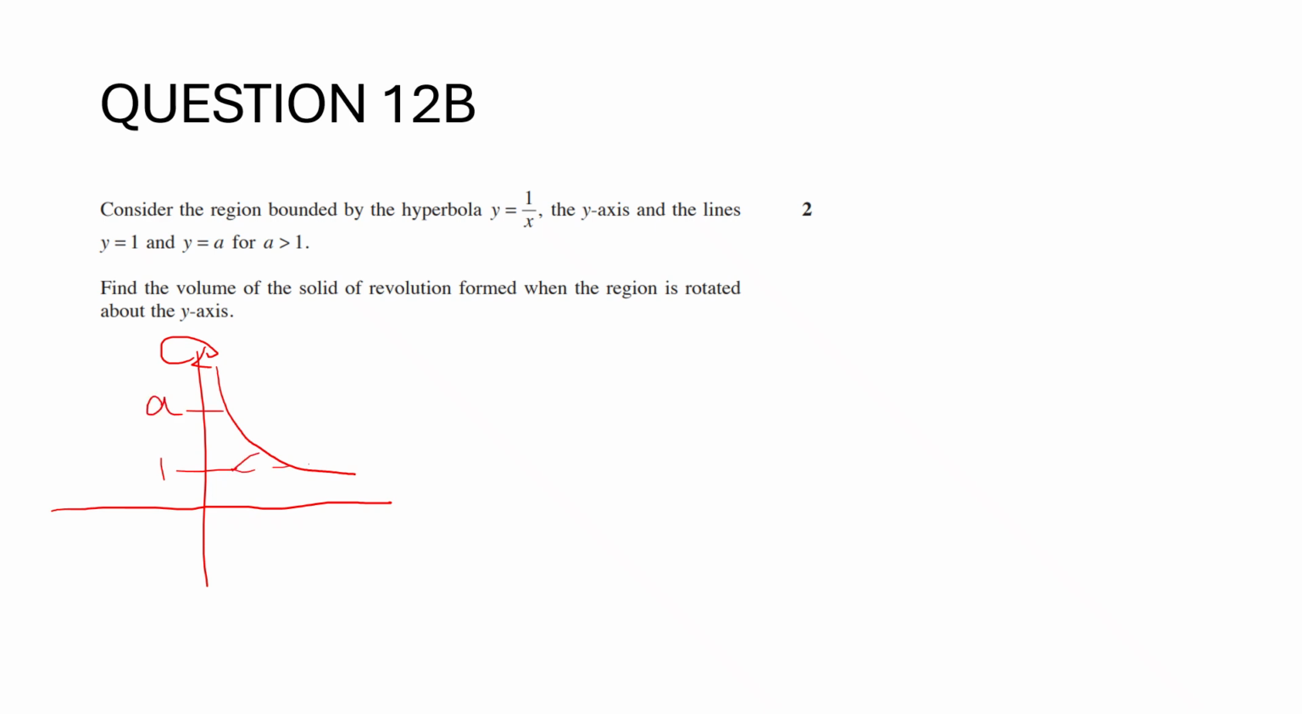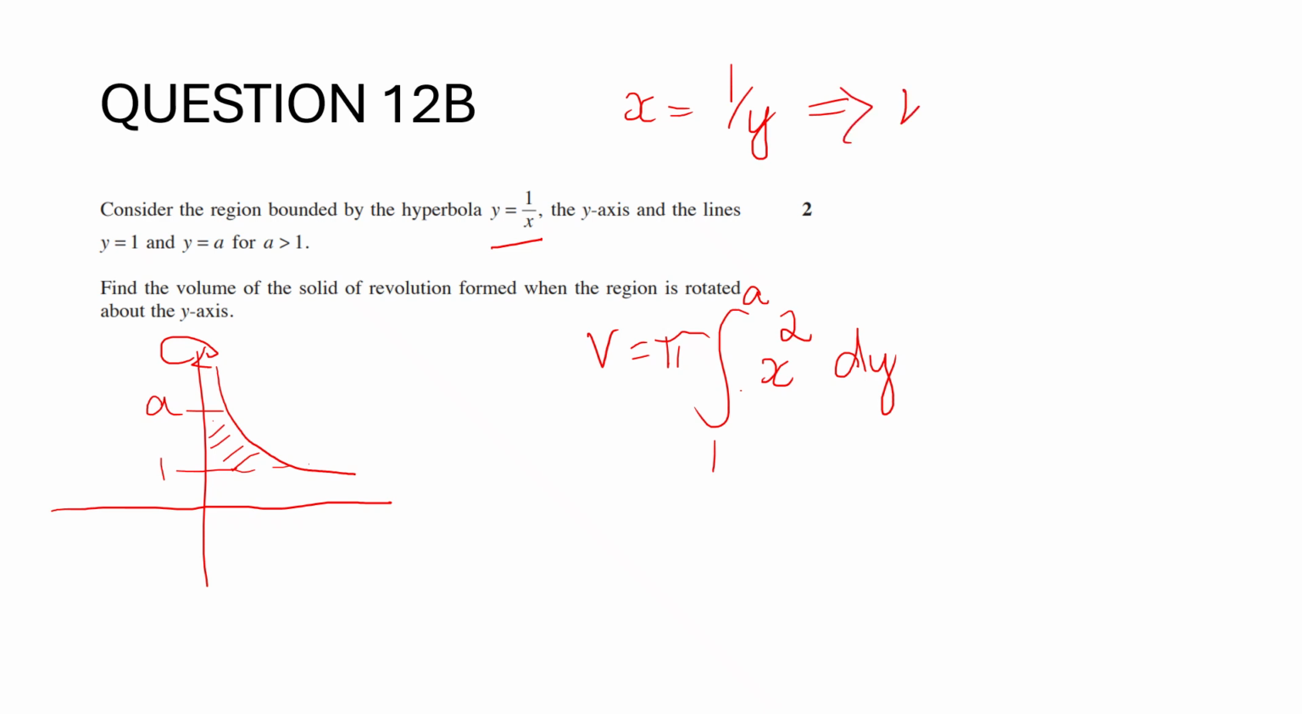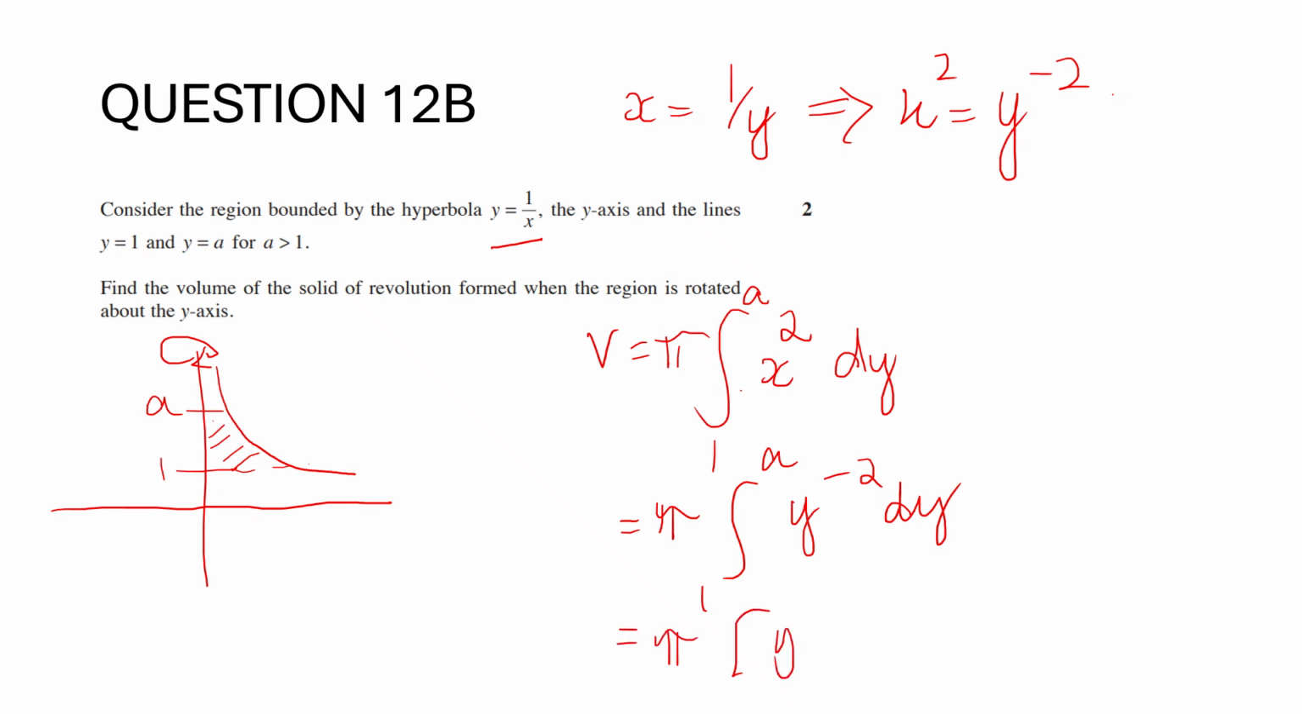Okay, so our volume is going to be pi, it's around the y-axis, so we want x squared, and it's going to go between 1 and a. So x is equal to 1 on y, x squared is equal to 1 on y squared, or y to the negative 2. So it's equal to pi, integral between 1 and a of y to the negative 2 dy is equal to pi, y to the negative 1 between 1 and a